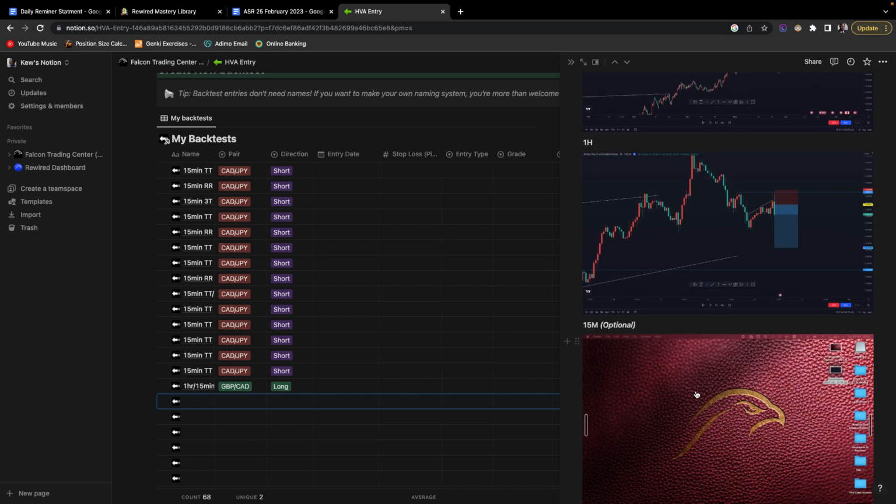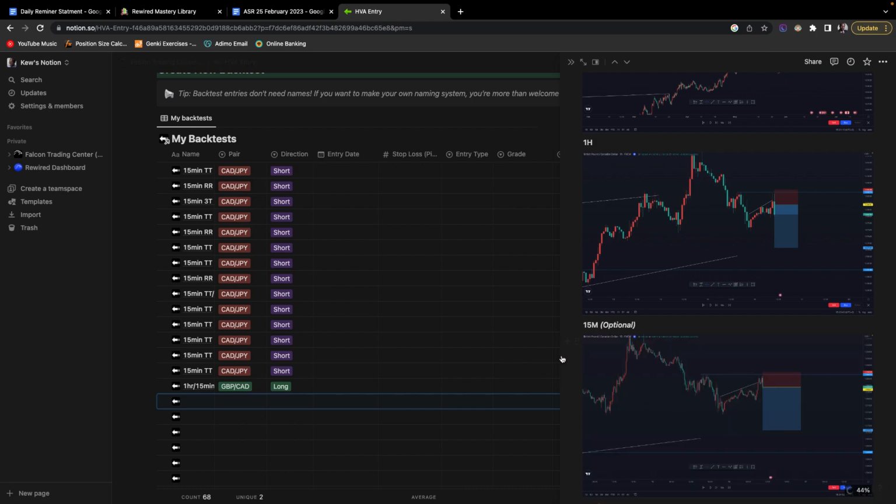So basically that's it. I'd like you to look at the kind of setups that you are going for with how you understand the strategy. This is not a lesson on the strategy itself, it's just on how to go about your back testing. So now once you've collected all of this data and you've got all of your positions over here,